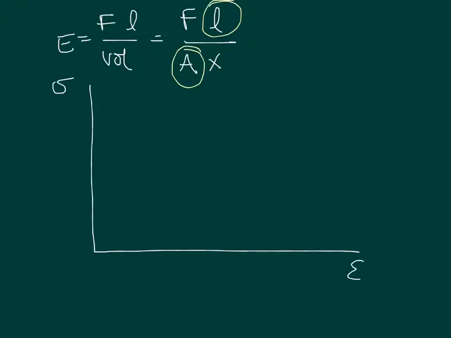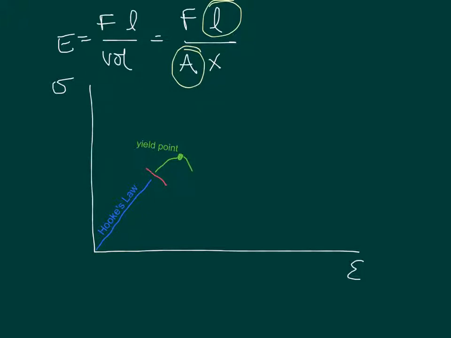So let's look at a typical curve of a typical material, and you'll end up with a region of Hooke's law, where your material follows Hooke's law, and your stress over strain is directly proportional. Then you're going to reach your elastic limit, and then your material will start to weaken until it gets to a yield point. Then you'll find that your strain will keep increasing